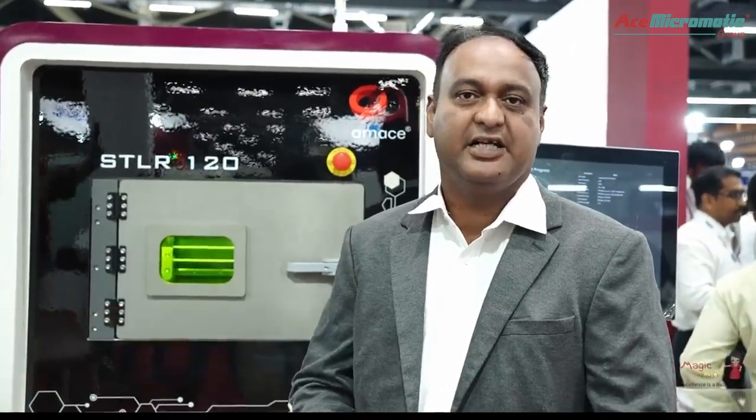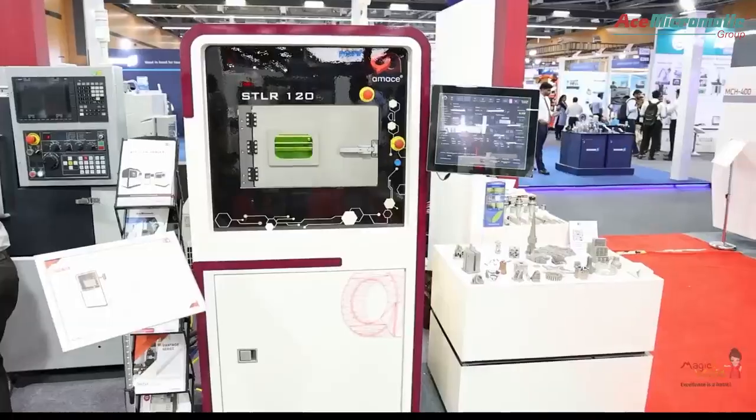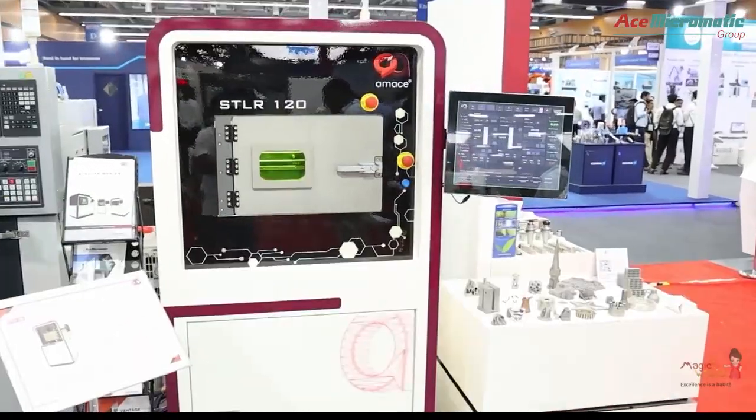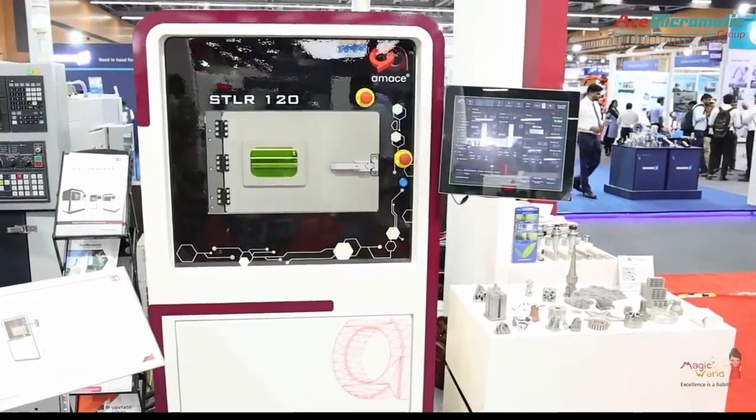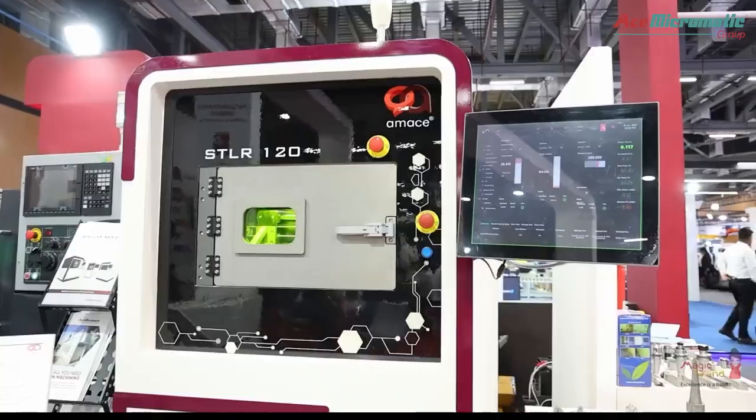We are an indigenously developed Indian-made metal 3D printing manufacturer. So today we are displaying here our product, which is called STLR120. This is a very compact, small-size metal 3D printer which comes with a build volume of diameter 120 by 175 mm. It works on the technology called laser powder bed fusion, where